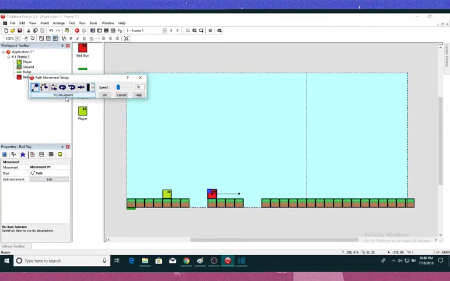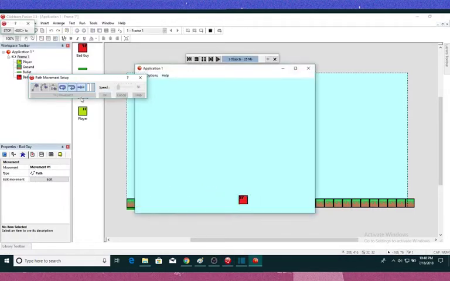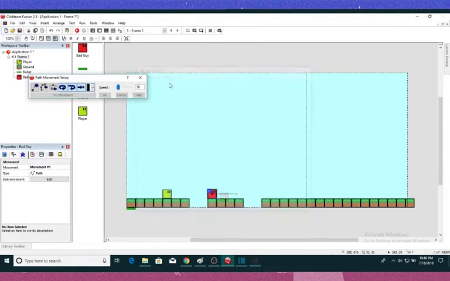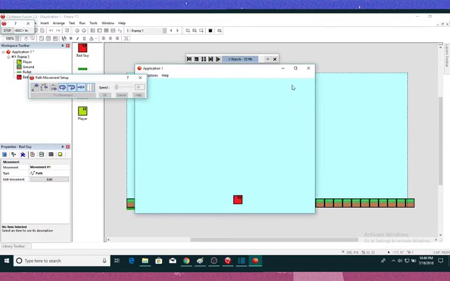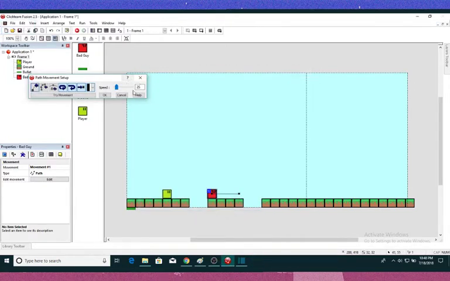So if we try what I have right now, which is a straight line going from here, the 4th block, back to where he was, we're going to loop the movement, reverse at the end, and reposition the object so it doesn't get confused. And what it does is this. Might be a little fast, and this never works for me for how fast it goes, but on the speed,